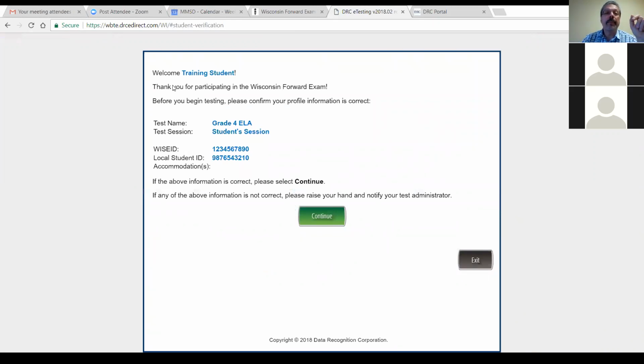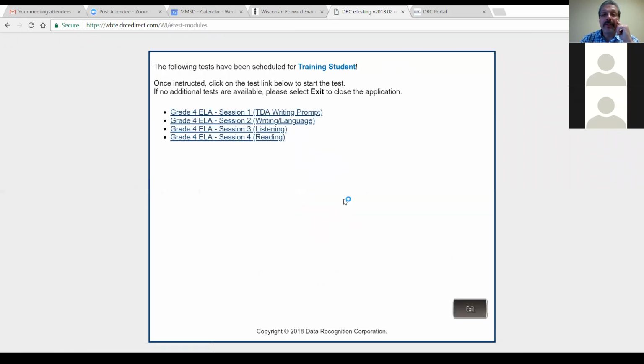So they will end up saying, welcome, Tim. Here's the session name, the test name, the session 1, whatever it'll say. My local ID and any accommodations. I'm going to click to continue. If you've not done Forward, please keep this in mind. At this point, it is student choice. So for instance, we see that there is a